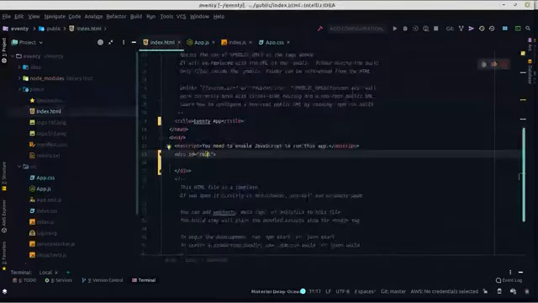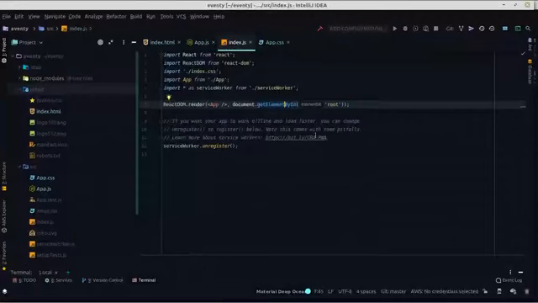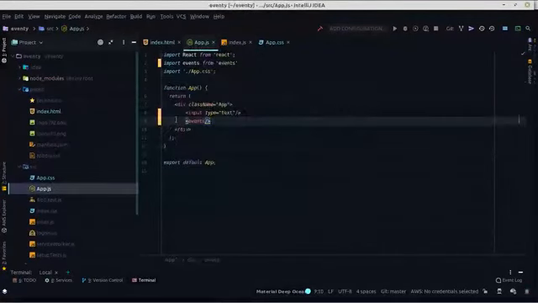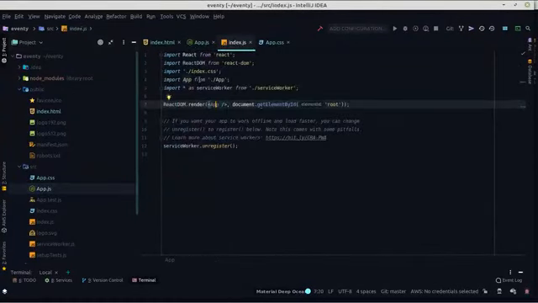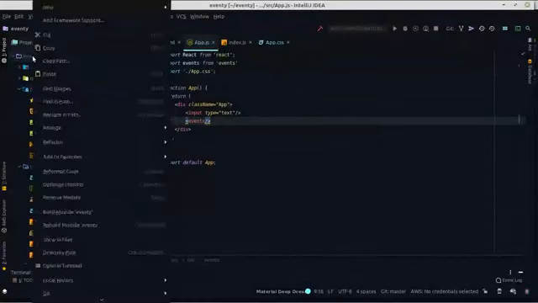This is our ID. So our ID is root. Then we are going to render app, which is this app component, when it renders. Okay, so for now, let's say we come here and we create a